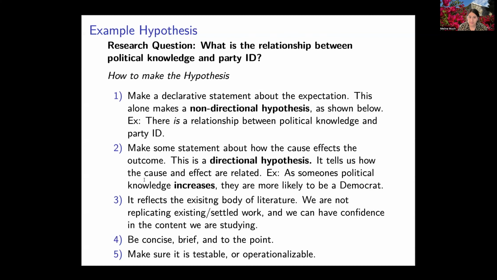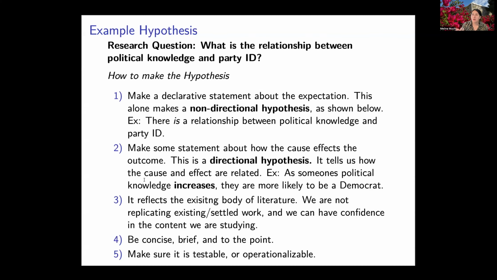So what that would look like in the example is there is a relationship between political knowledge and party ID. That's a declarative statement about the expectation of the relationship. It is non-directional though, because it doesn't say anything in depth about what that relationship looks like. It's a non-directional hypothesis. That's at the most basic level. You're making a declarative statement about the expectation. A keyword there is a relationship, right? Not any more descriptive than that, but we just say that there is a relationship between political knowledge and party ID. Oh, so we're using party ID instead in this particular case and not